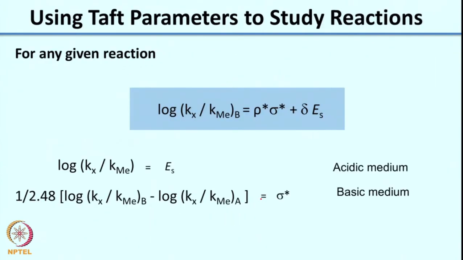Now we will use the Taft parameter in a reaction. For any given reaction, like we have discussed in this equation, this is the log kx by kMe in acidic medium, which is giving ES, and 1.248 log kx by kMe in basic medium minus log kx by kMe in acidic medium, which is equal to sigma star. This is the relation between both the effects. This is steric and this is, sorry,